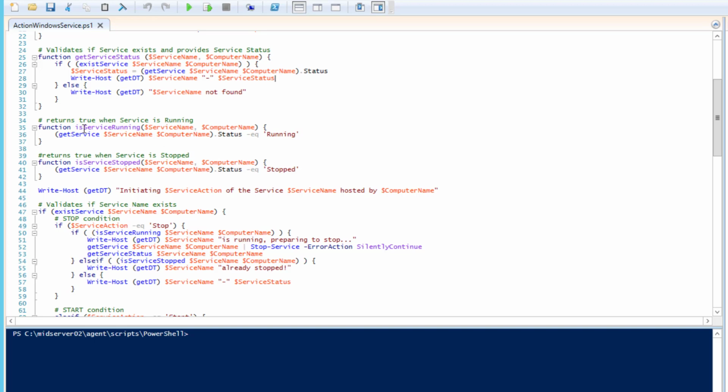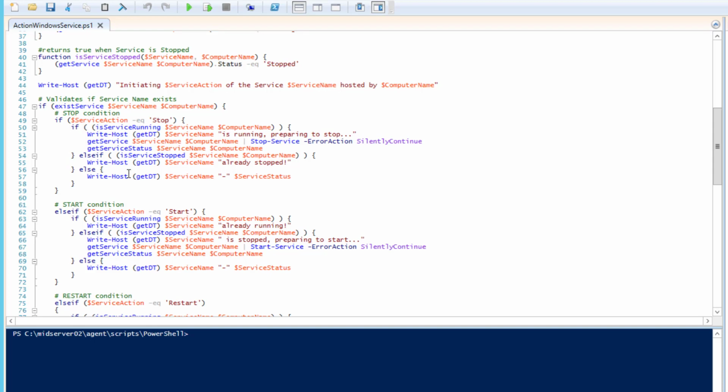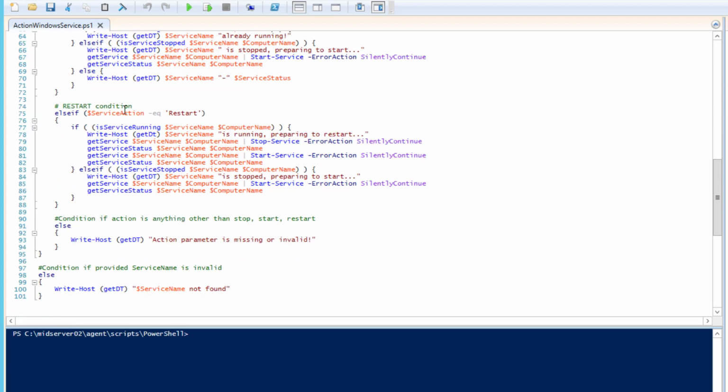Then I have is-service-running, checking whether the given service is running by checking if the status equals running, or the status equals stopped to know if the given service is stopped. Then I'm writing that I'm initiating the action on the service, giving the name and the computer name. If the service exists, then do what we need to do on the stop condition, on the start condition,